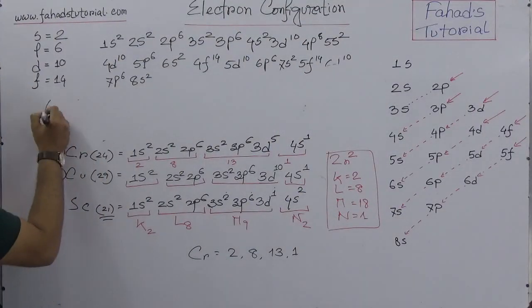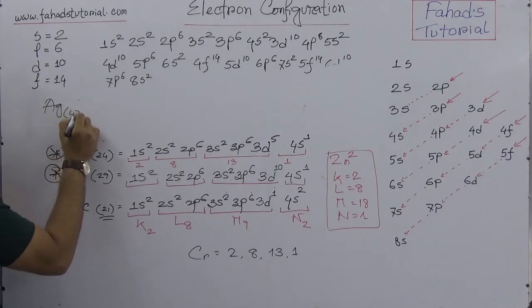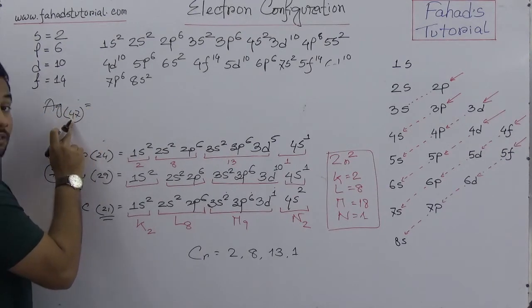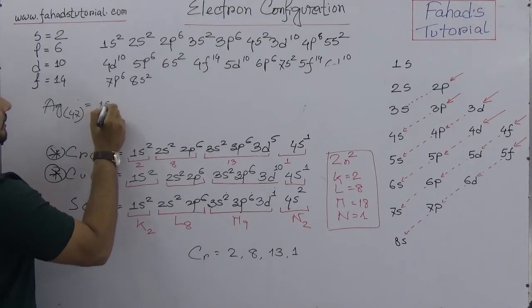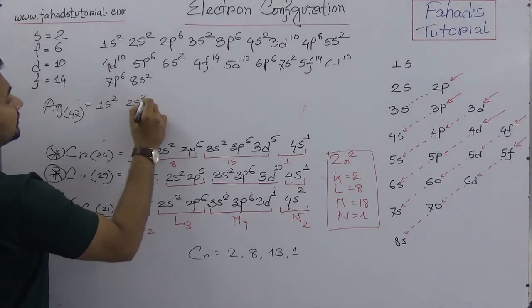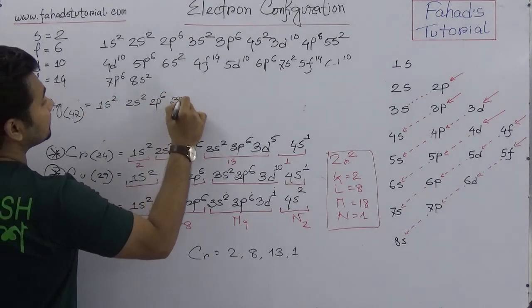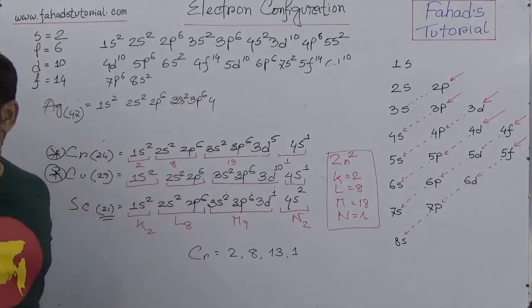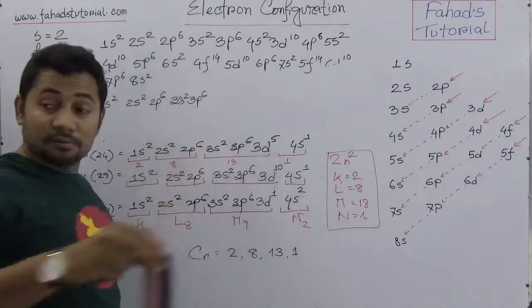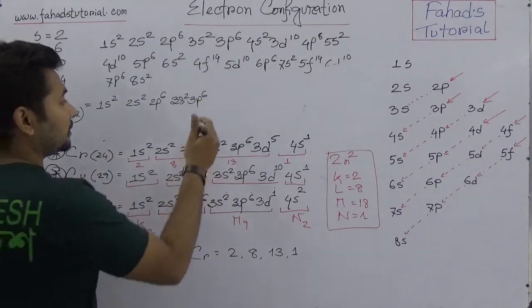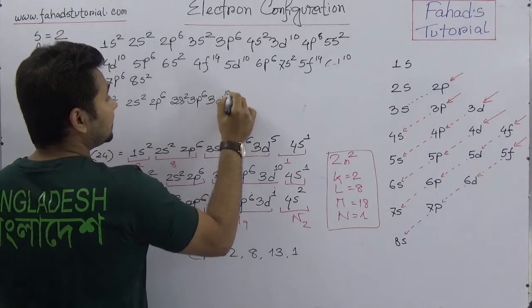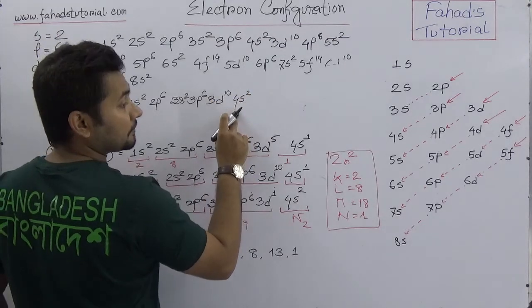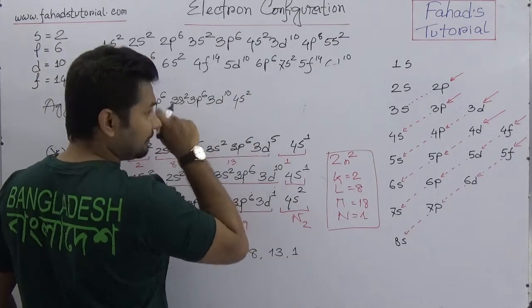What will the electron configuration be? We need to go till 47. So 1s2, 2s2, 2p6, 3s2, 3p6, and we need to write 3d10, because we know an electron will go first to 4s2, but here it will be 3d10, 4s2, and then after 4s2,